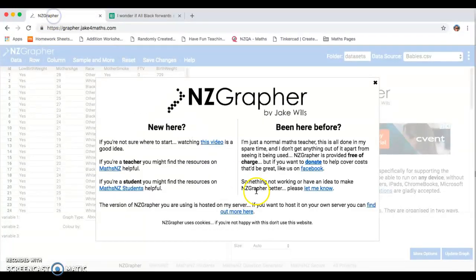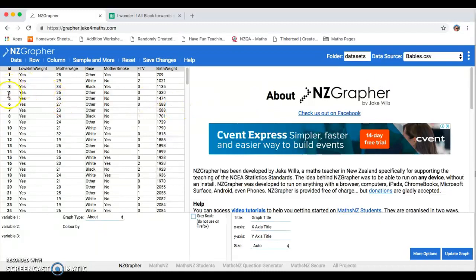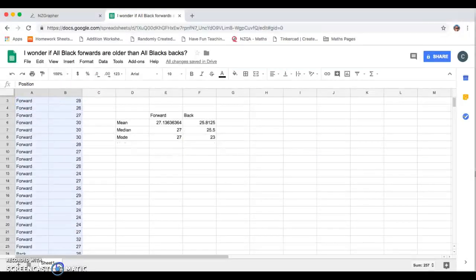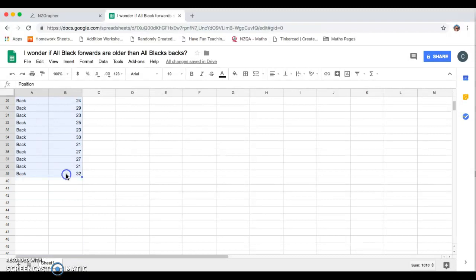So what I'm going to do is in NZGrapher, this will be the starting screen you'll see. So we will just exit out of that, and then this should be the screen you see here. What I will do is I am going to go into Google Sheets. I'm going to click and select all my data that I've put in, and I'm going to go Command C